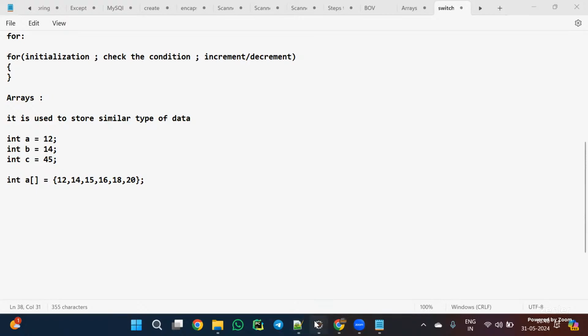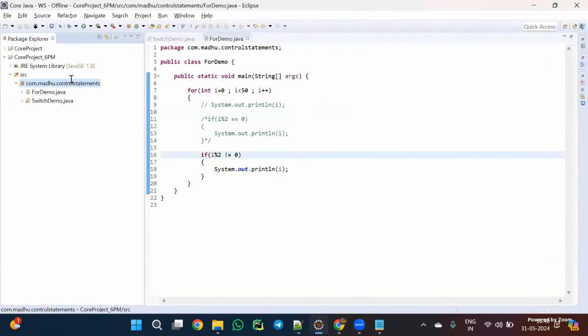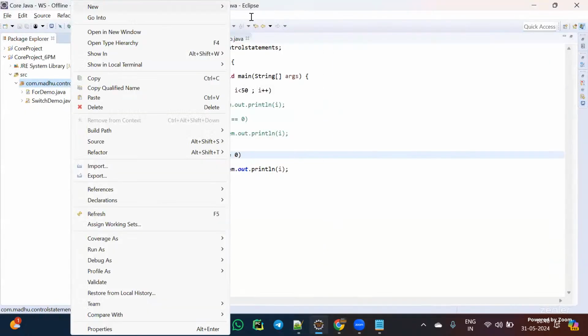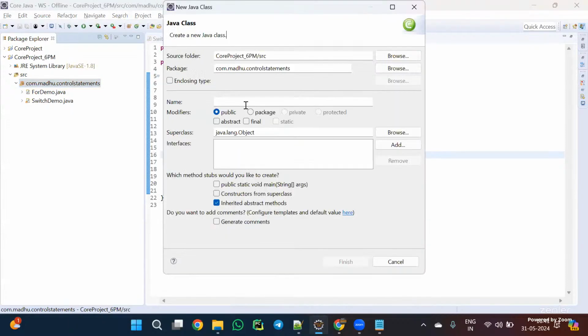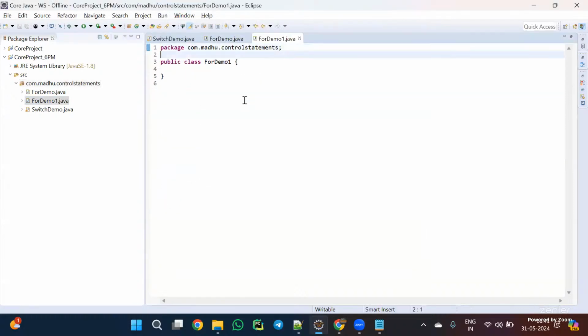Fine. See here. Let me create a new class called ForDemo1. int a[] equals